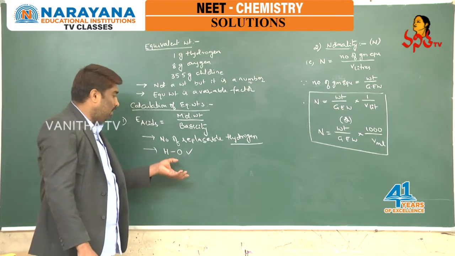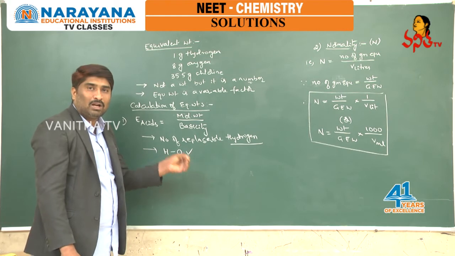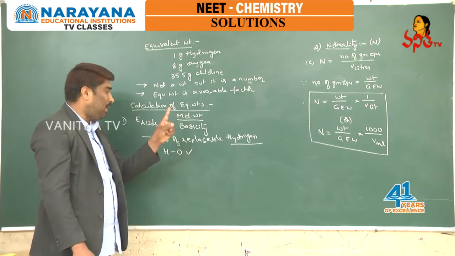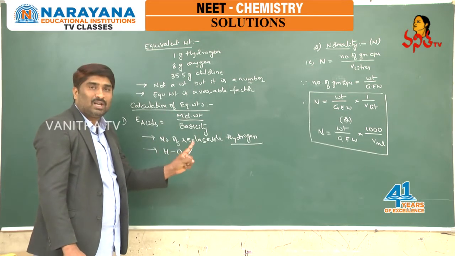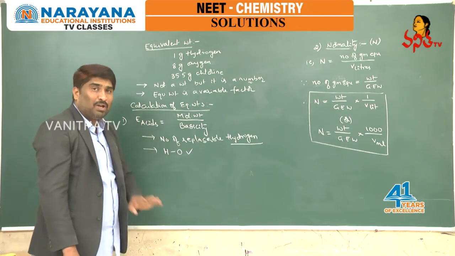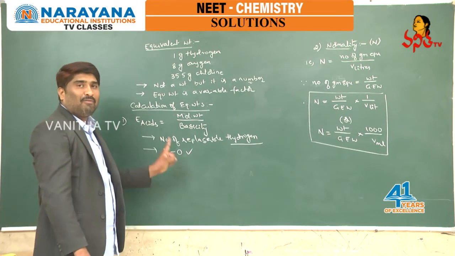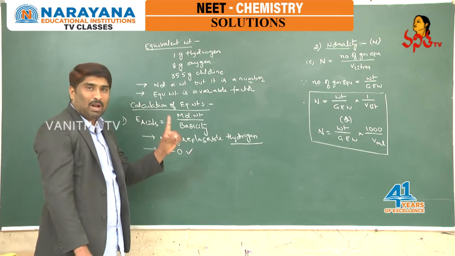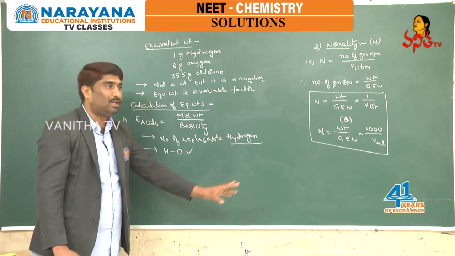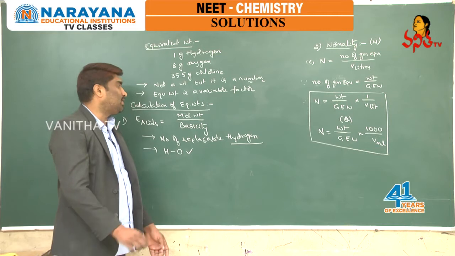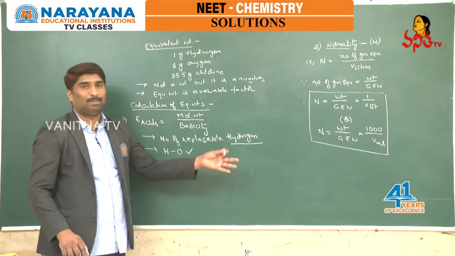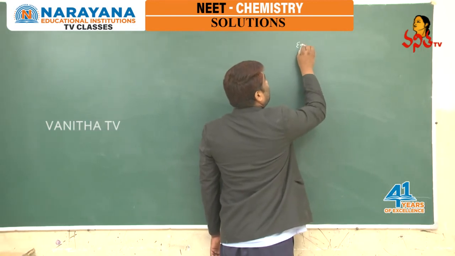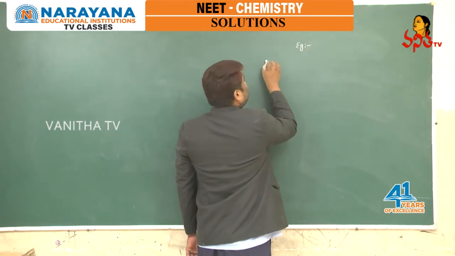Then you will be getting one doubt: all the acids need not contain oxygen. In the case of oxy acids, the basicity is the number of hydrogens directly linked to oxygens. If there is no oxygen, the number of hydrogens is nothing but the number of replaceable hydrogens, or basicity. Let us take some examples to calculate the equivalent weight of acids.